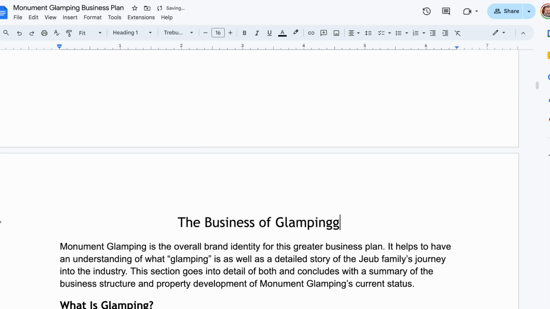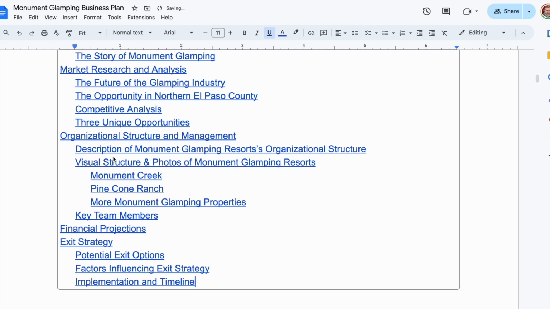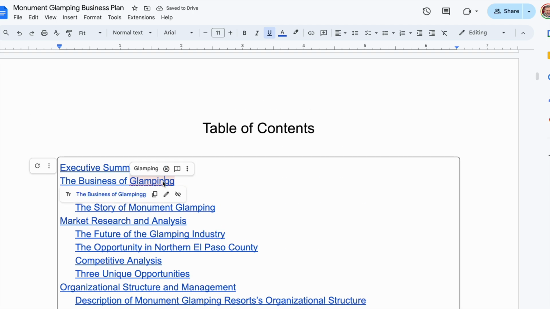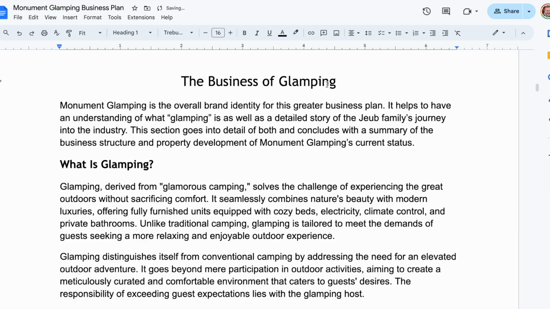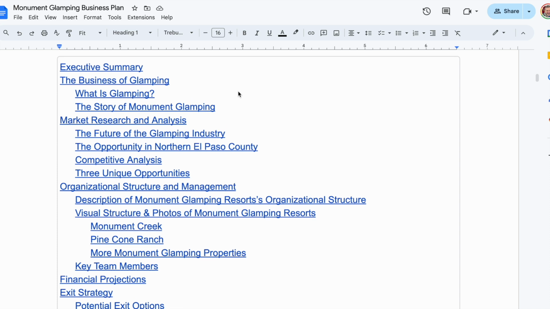If I change this and accidentally put 2 G's in there, and then I refresh the table of contents, you will see all of a sudden it's misspelled with 2 G's. And why is that? Because it pulled from this heading. That's sharing with you my publishing experience from my Monument Publishing business that I used to own. But anyway, so executive summary, the business of glamping, market research, you see this follows the same order that I just gave you in the last video,